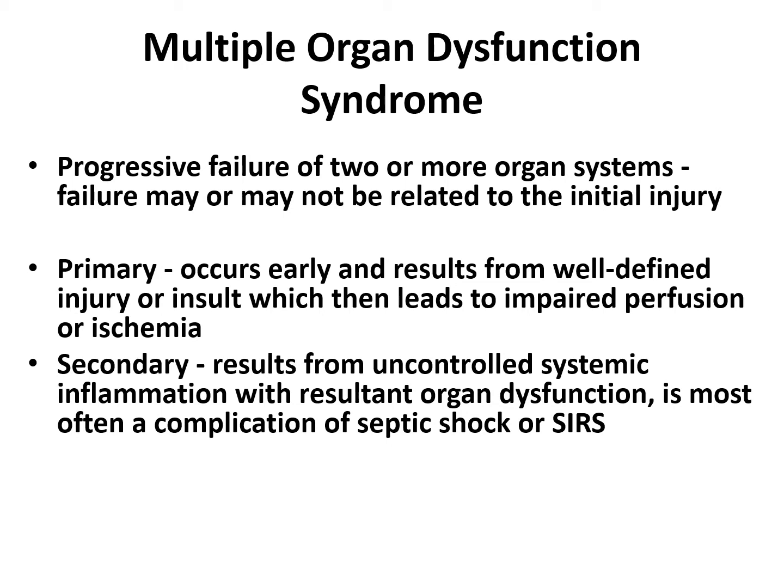And it primarily occurs usually because of an injury or an insult that leads to some impairment of perfusion or ischemia. The impairment of perfusion that is most common when we see this is shock states that we discussed previously. As we know, with any shock state, that's a decrease in perfusion, and the decrease in perfusion causes decreased tissue oxygenation. So tissues are not able to carry out their metabolic processes in the lack of oxygen, and that results in cell damage or cell death.